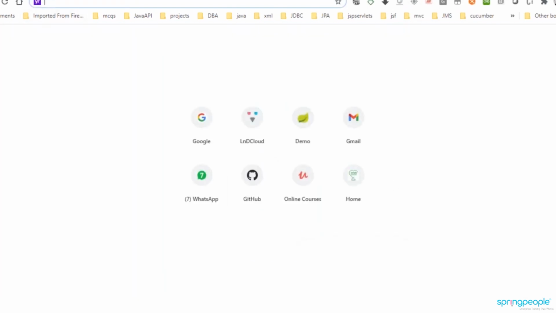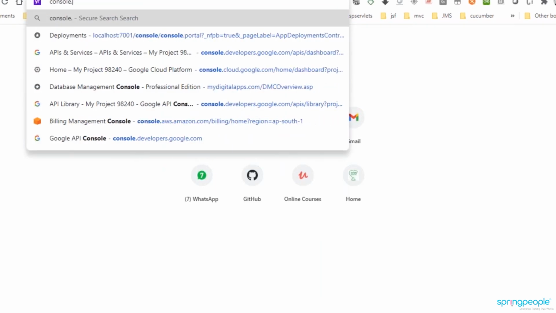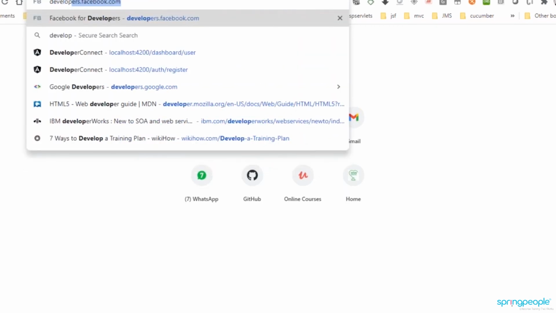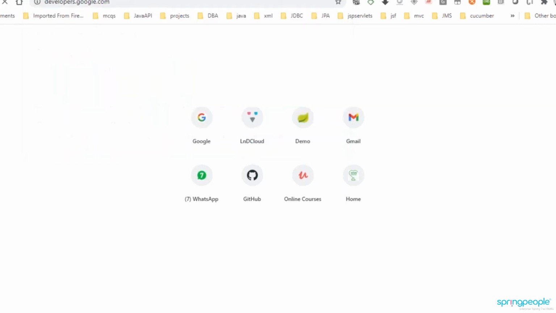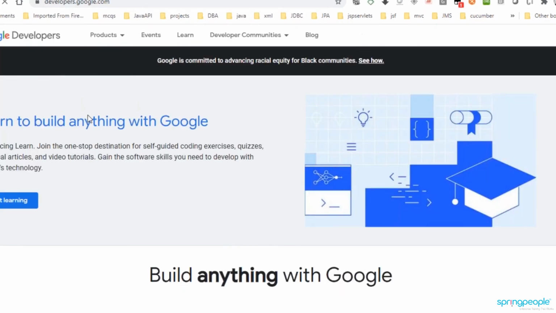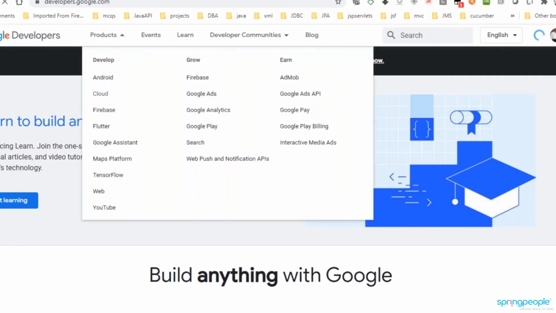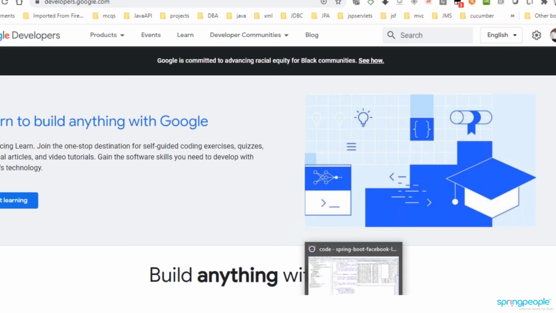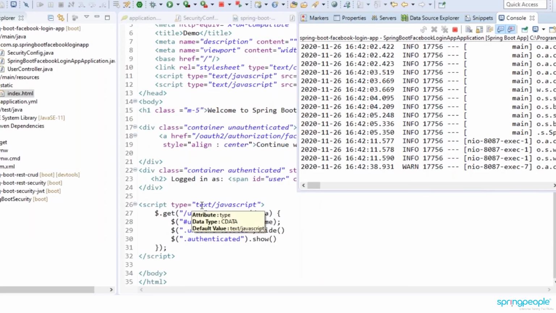In the same way, if you want to work with Google, you can go to console.developers.google.com, where you will be able to take care of your products or your app ID and secret. Or you can go to GitHub or any OAuth authentication client.